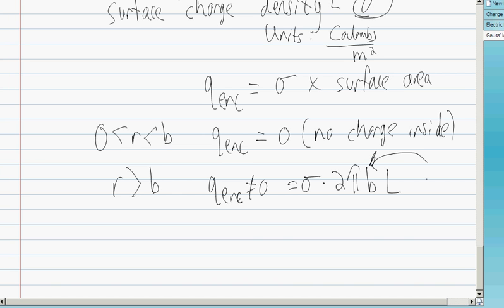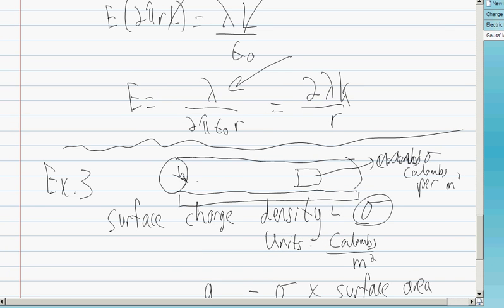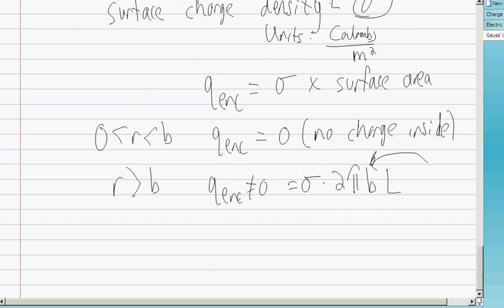That's the actual amount of charge. Even if we make a Gaussian cylinder that's bigger, we're still only capturing the amount of charge that's actually on the surface here. Making a bigger cylinder isn't going to let us capture more charge. So we're going to end up with